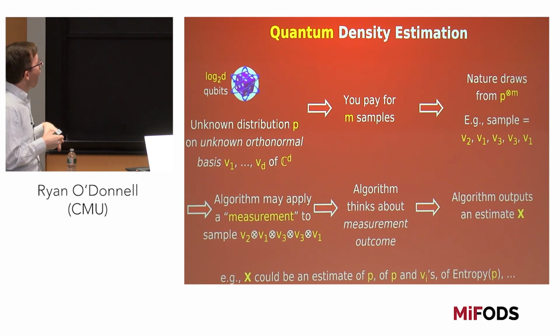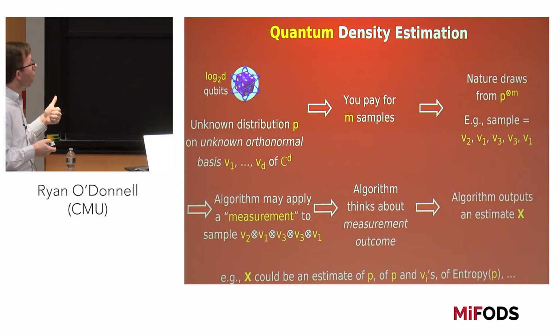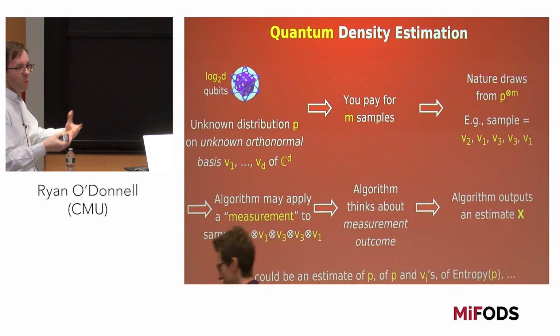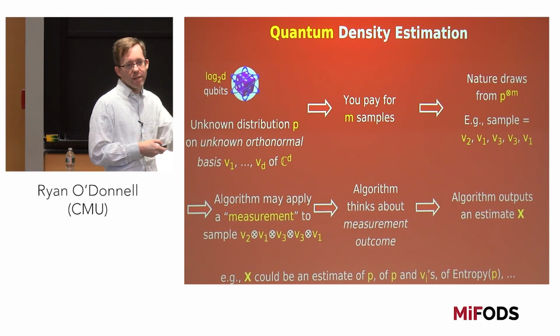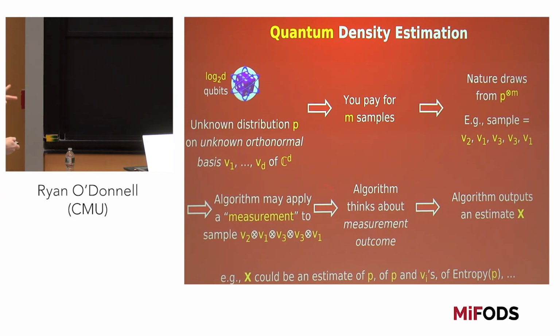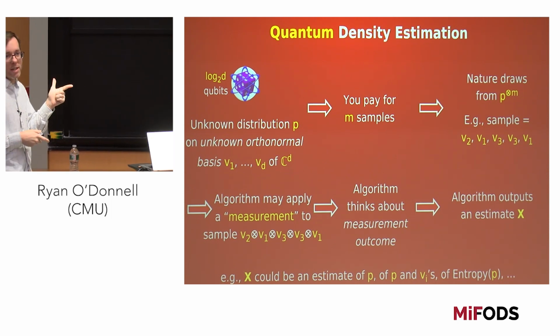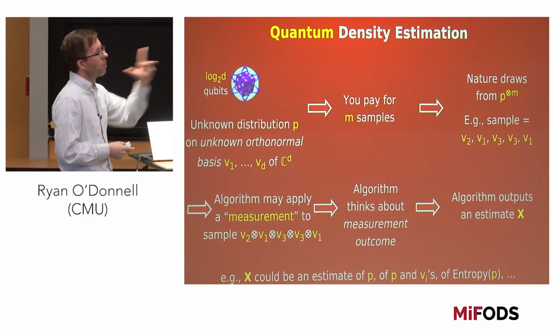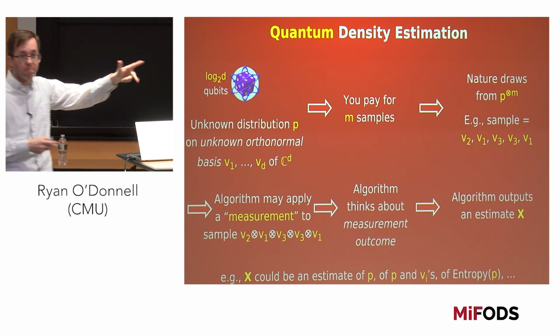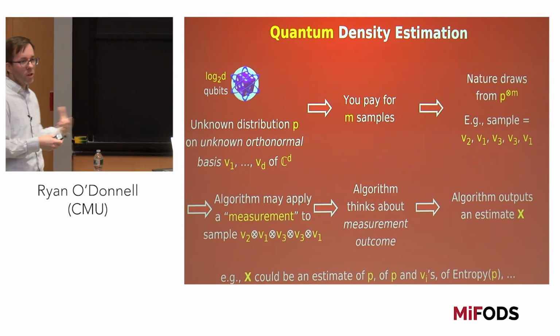And a d-dimensional quantum state has two components. You again have a probability distribution, P1 through PD, but it's not just on outcomes 1 through D. It's a probability distribution on the vectors in an orthonormal basis of d-dimensional complex space. So this justifies my existence at the Learning from Complex Structures workshop. Let me emphasize that from the point of view of the learner, P is unknown, and also the basis is unknown. It's a fact that the state of a d-dimensional quantum particle is a probability distribution over d orthonormal vectors. And this is what you're trying to learn, or at least learn something about.